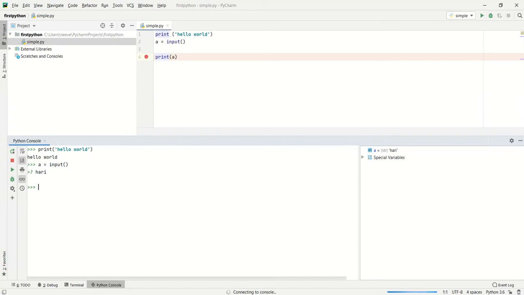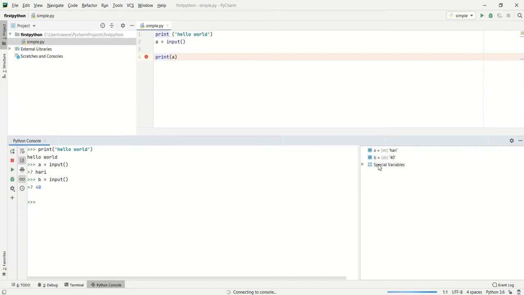Suppose we are feeding 10, is it the integer variable over here? For example, b equals input of. Now I am going to feed the value 40. Even though we provided the input of 40 as a decimal, it has been created as a string. Basically, input is the function which receives the human user provided input as a string and saves it as